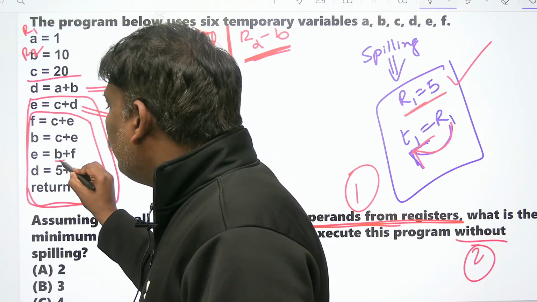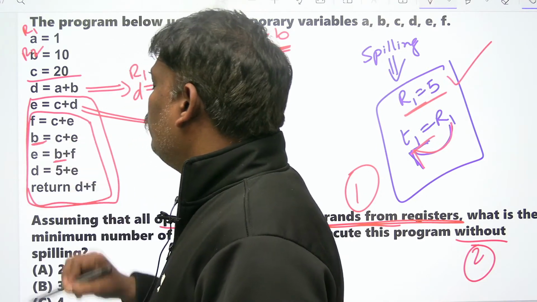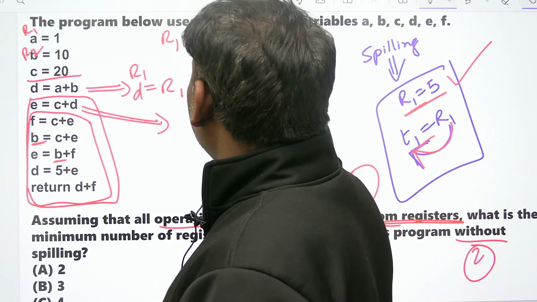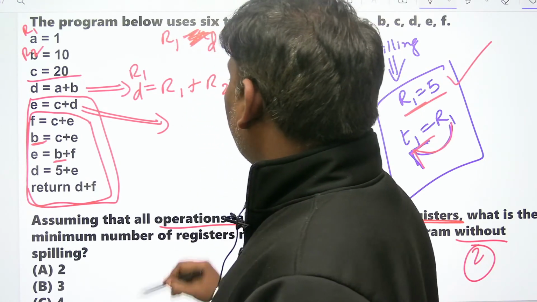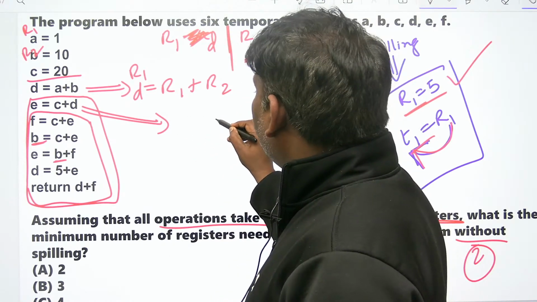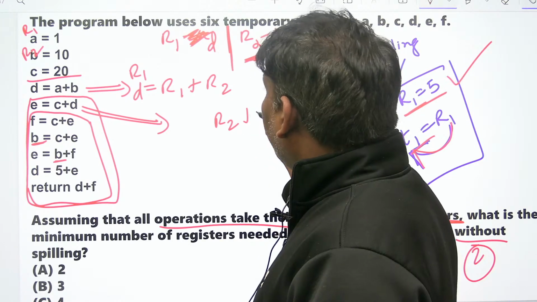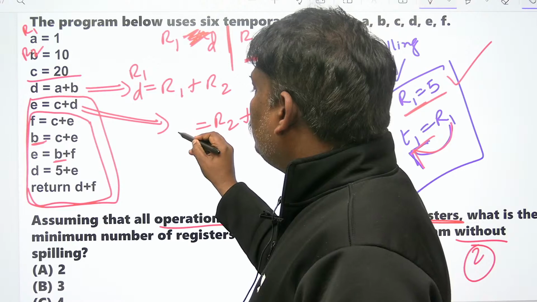B is there in the further code, but this is not the old B, this is the new B. What is the meaning? If you lose this B, no problem, you can give this R2 to C. So this statement becomes, what is the answer? C means R2, D means R1, is equal to E.